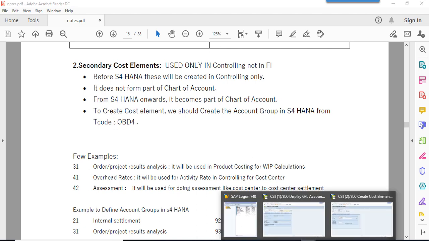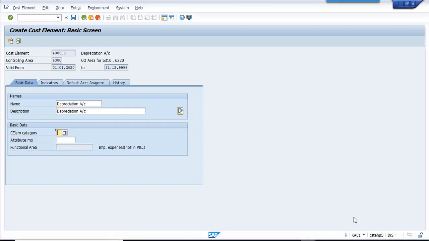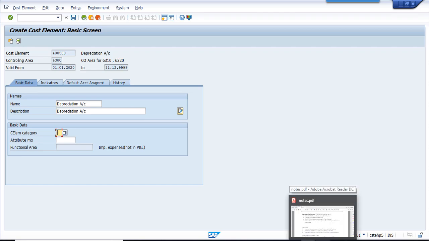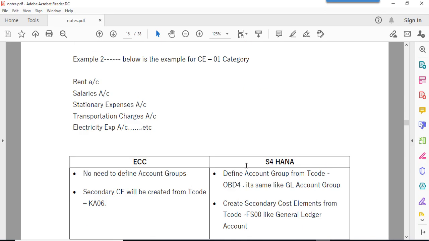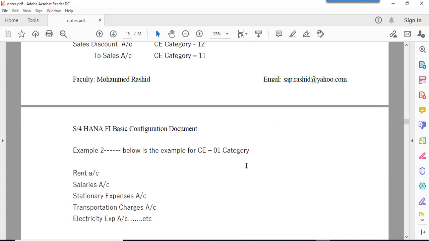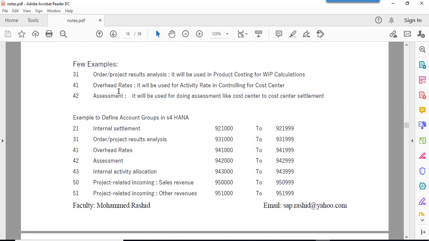See, before S4 HANA, what we used to do, these secondary cost elements will be created only using controlling. What is the use? We will understand here. See, this is one cost element category. Project results analysis. Whatever the cost element category belonging to 31, these will be used in a WIP, work in progress calculation, in product costing.